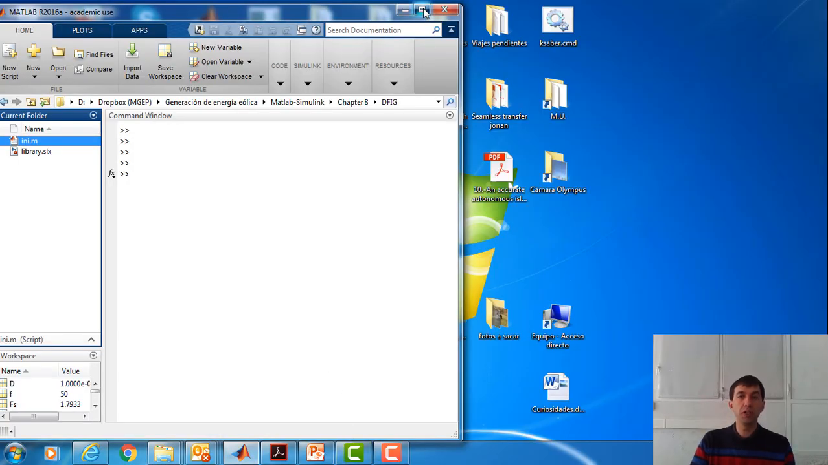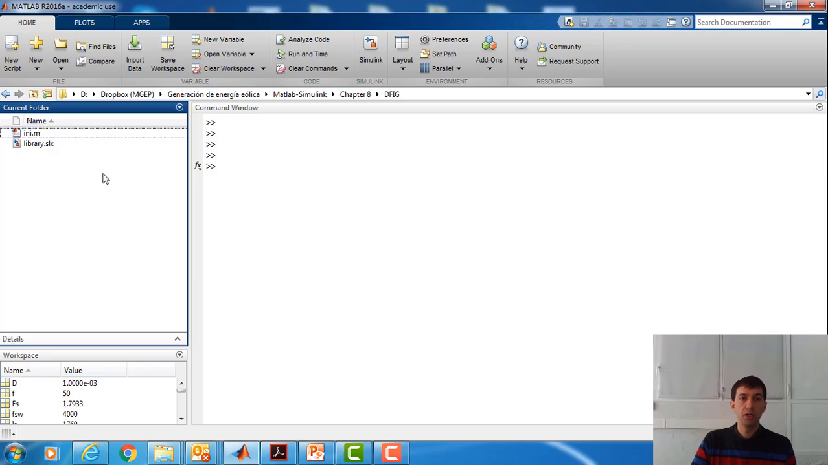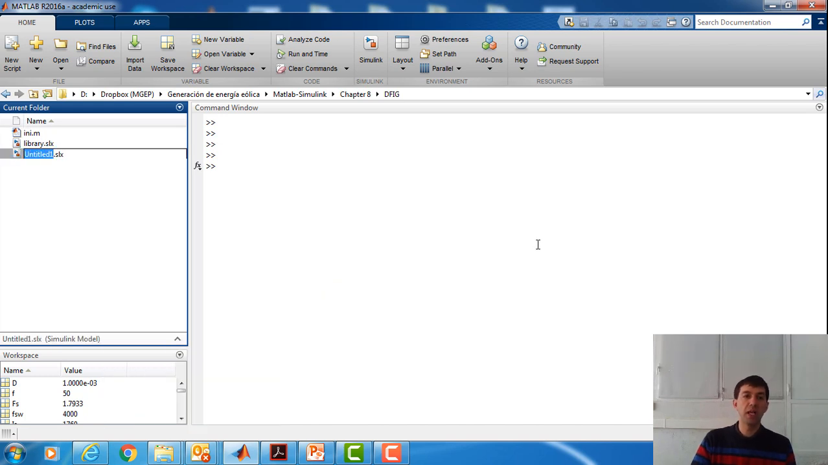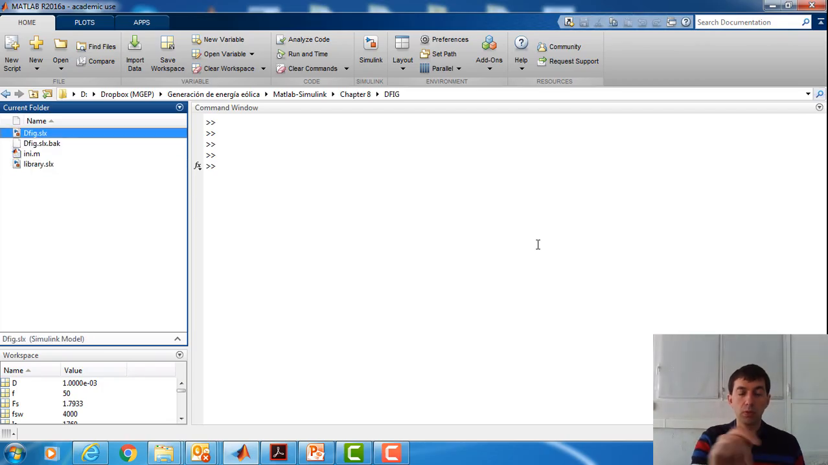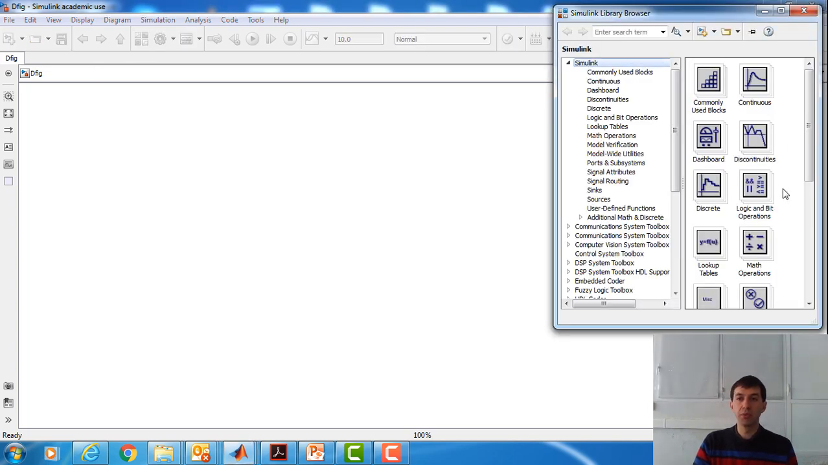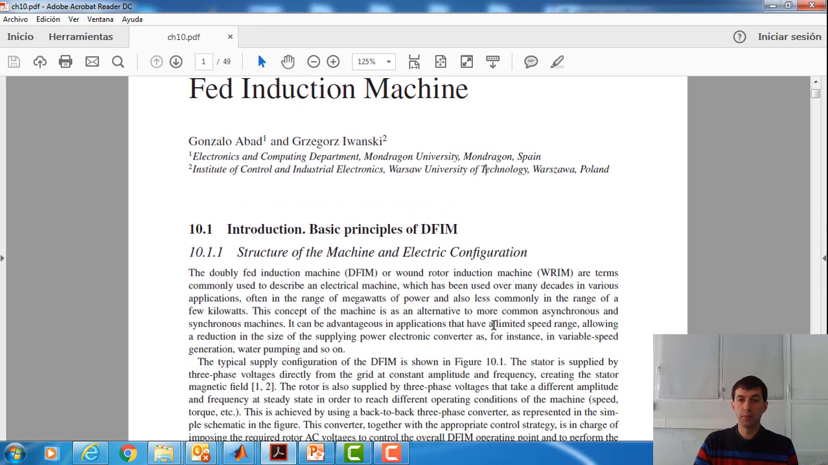So first of all, what we need is to open MATLAB, and then we need to create a new model in Matlab-Simulink that we can call, for instance, like this. We open the model, and once we have opened the model, we can create all the system. We can open the Simulink library browser, and what we need to create in chapter 10 of this book